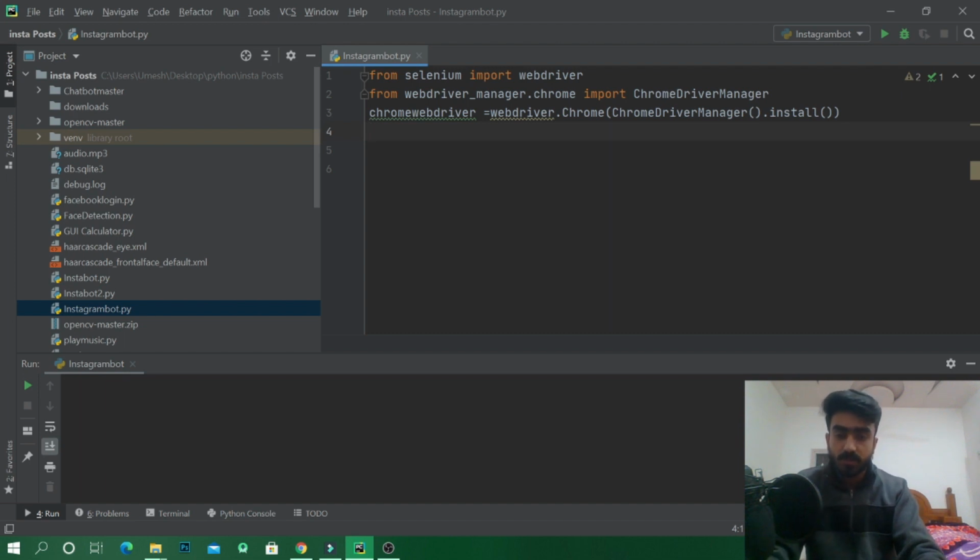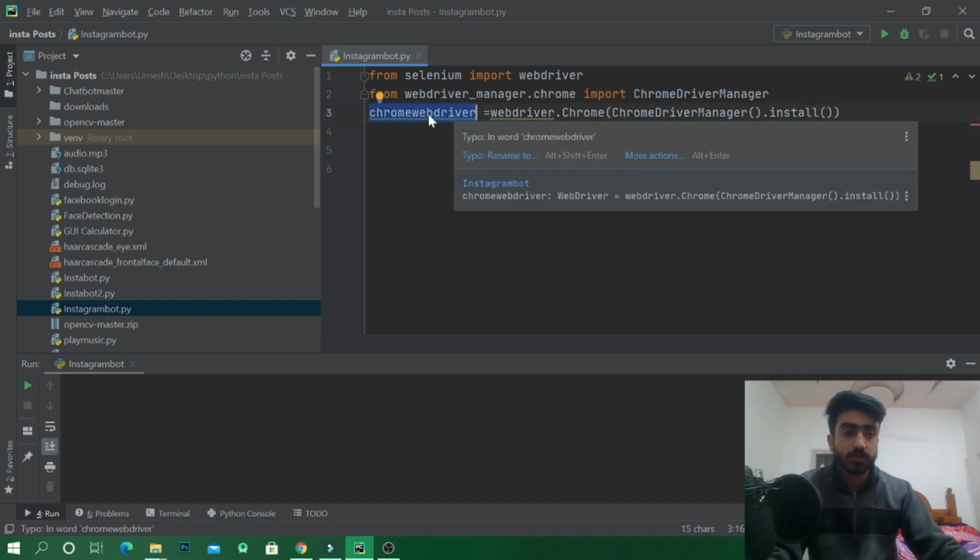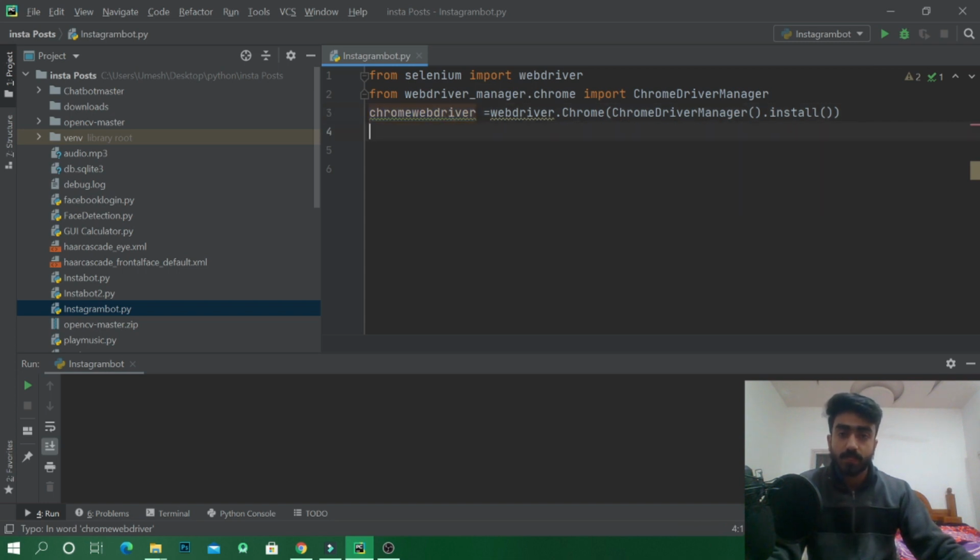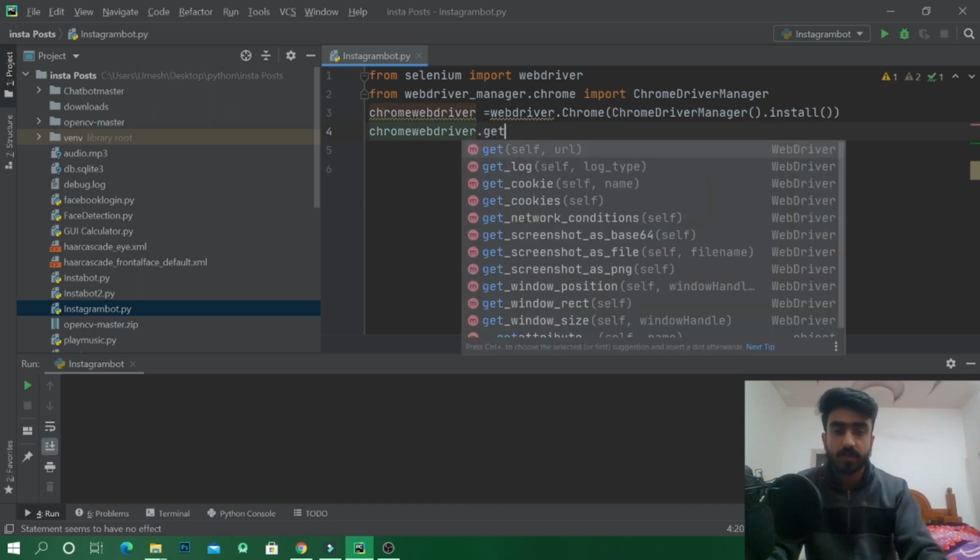After this, this chrome_webdriver is an object of the Chrome browser's web driver. Do chrome_webdriver.get.